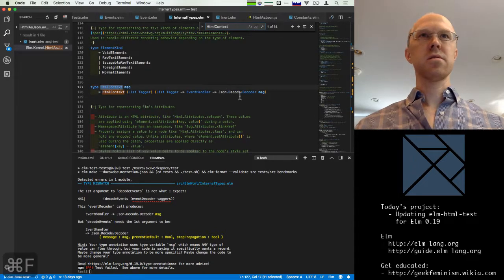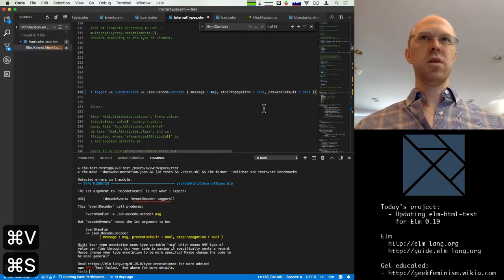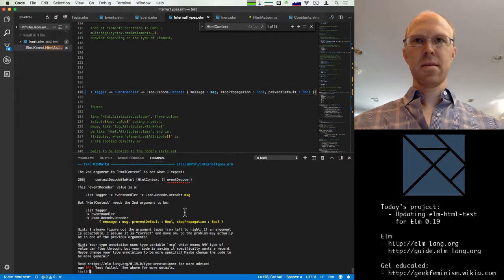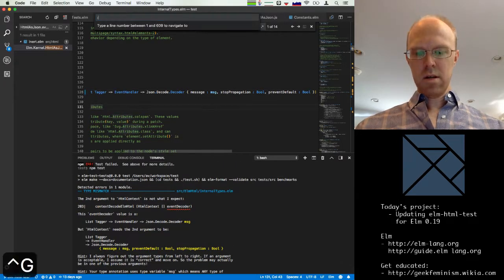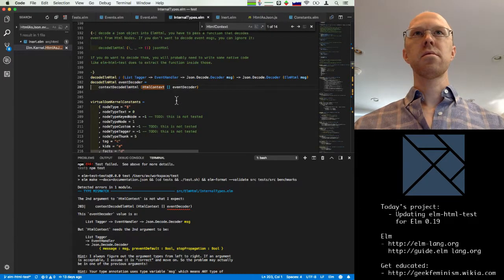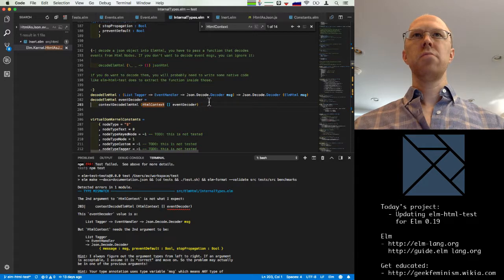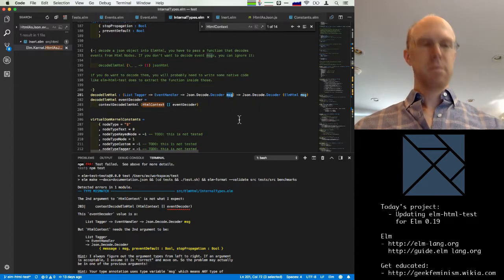HTML context. Yeah, okay, so this also is the same decoder type. And now, on line 203, decode elm-html.